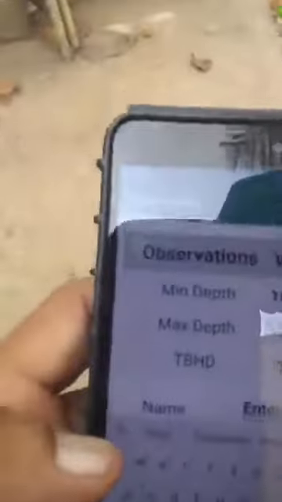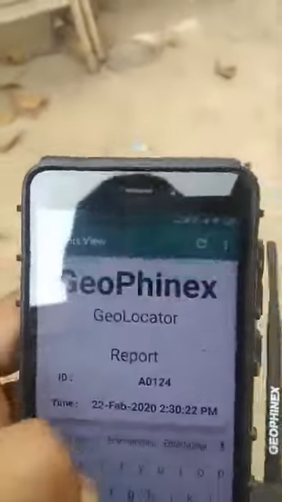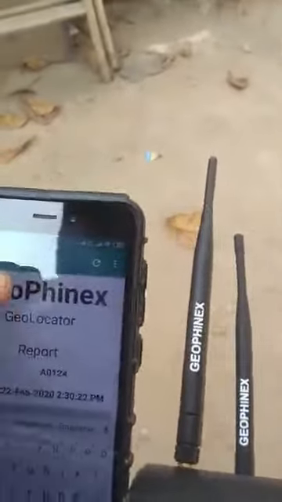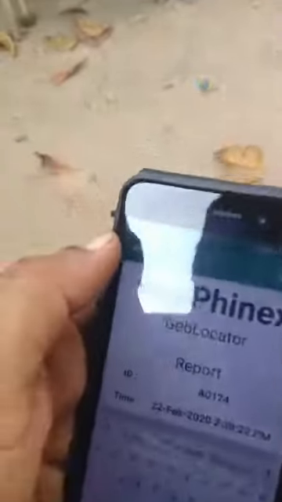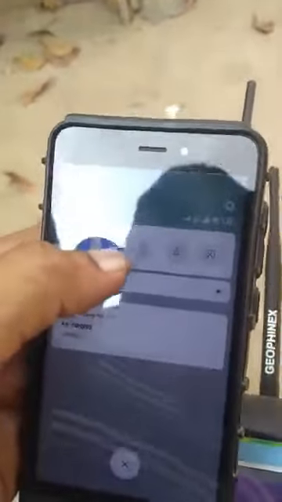Then to view it, you can go to this and go to the backup, and you can see the report. The report is here. So you can take a snapshot, and you can send the report to the customer also. Further, for knowing the GPS point, the bore point, at some later time, maybe 6 months or 1 year later, you can go to this one.